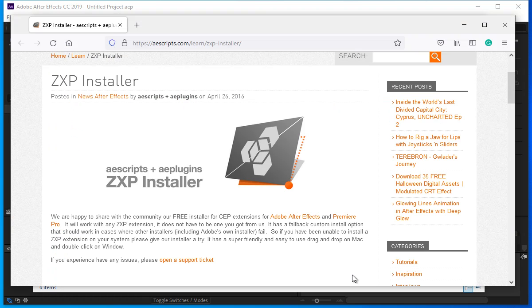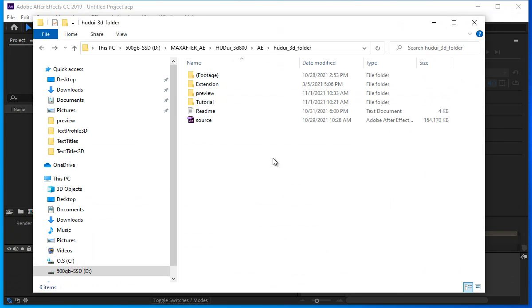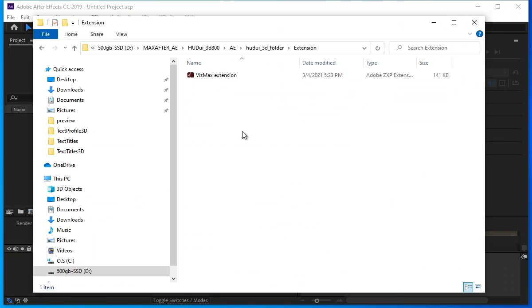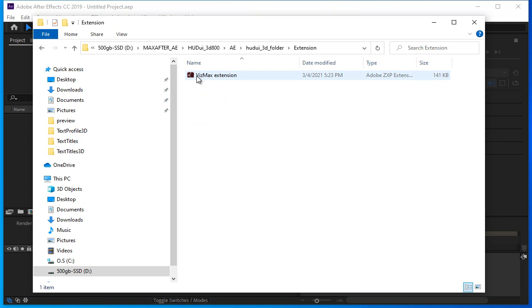ZXP installer. This is the ZXP installer, or you can Google it, ZXP installer, and it will pop up. Download and install according to whether you have a PC or Mac. Once it's downloaded, locate the file, and from here go to extension. This is the folder you downloaded from VideoHive, and this is the Vizmax extension, right? So double click it,